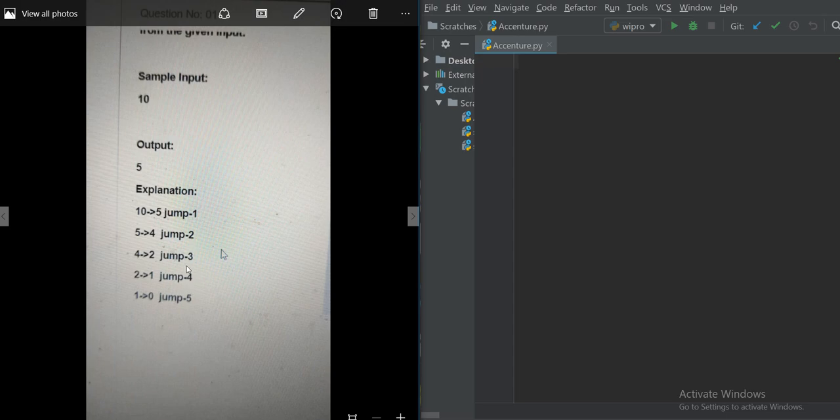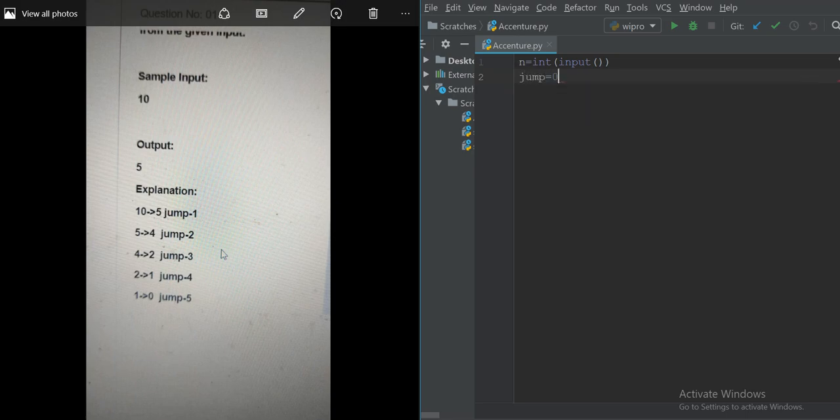So that is the problem statement. Now let's go back and write the code for this. First we have to take an input, that is n, of int type. I will be writing the code in Python, guys, but if you have understood the problem statement, you can do it in any language.